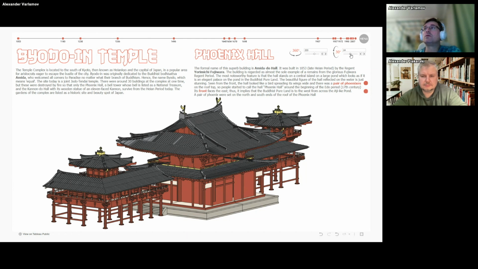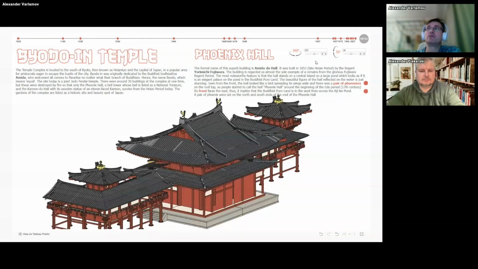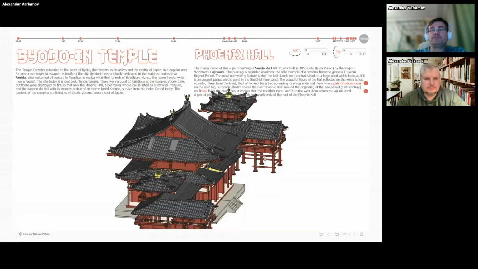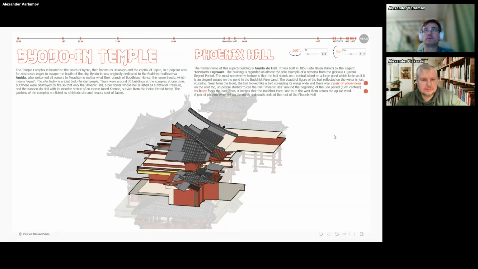We can also explore the buildings, the temples or the castles, and we can rotate them. This also uses a coordinate plane. So here are polygons,